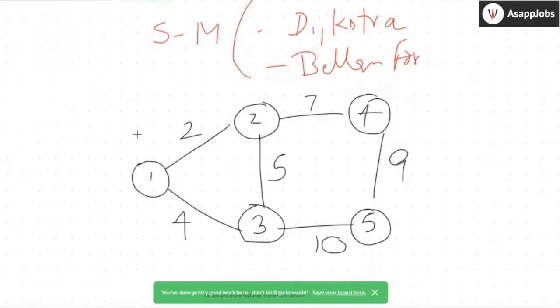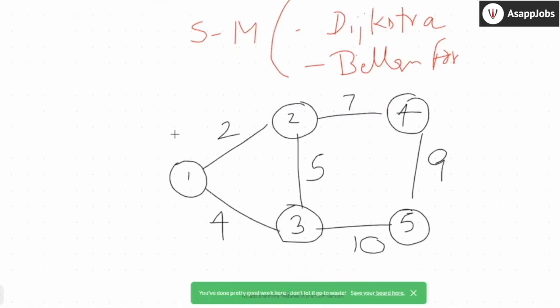Empty cut means there is nothing on the left side and everything on the right side. That's the definition of a cut that we see, right? There are two sides, the left and the right. I want to connect left to right. So what I did, I picked the minimum weight edge. That's what I did in the cut.